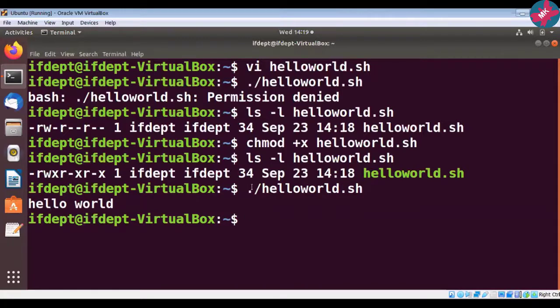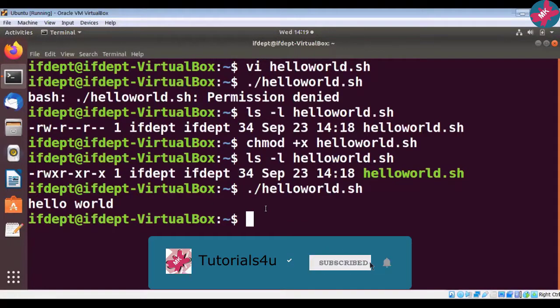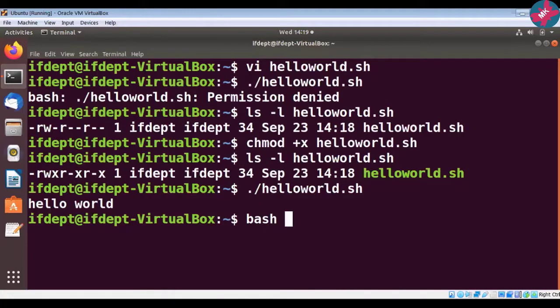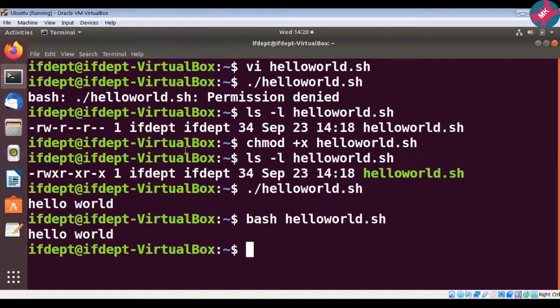If you don't want to change the permission, there is one more way to execute this file. Instead of dot slash, just write here bash hello world dot sh. This is one more way to execute the shell script.